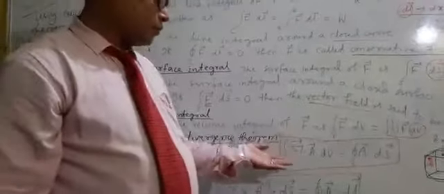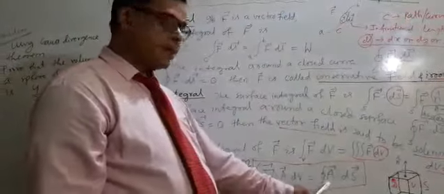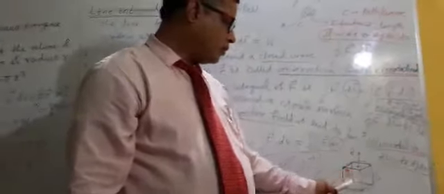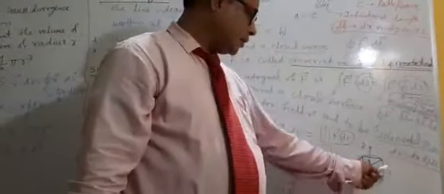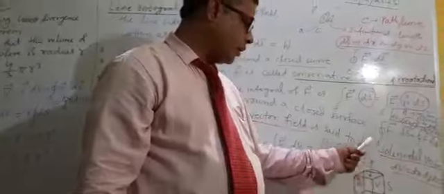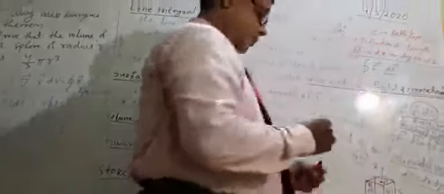So come to this theorem, the Gauss divergence theorem. What is the objective of a theorem? A theorem transfers one integral to another integral. Here the Gauss divergence theorem transfers a volume integral to a surface integral, volume to surface. Let here it be a cubical volume. dv is an elementary volume, and S is the surface enclosing the volume, n cap is the vector normal to the surface S, and ds is an elementary surface.